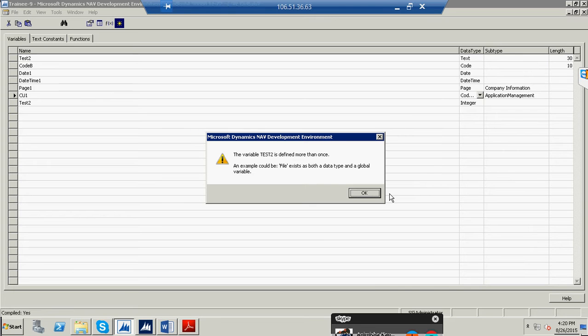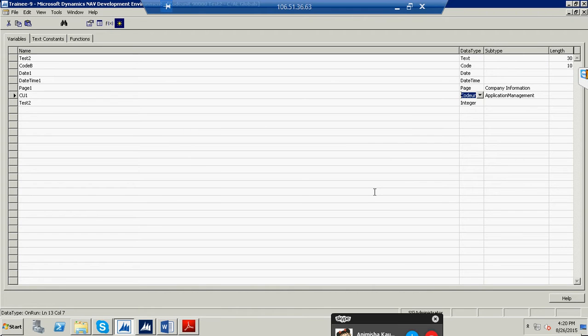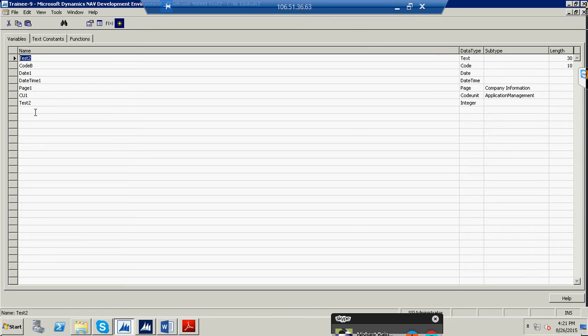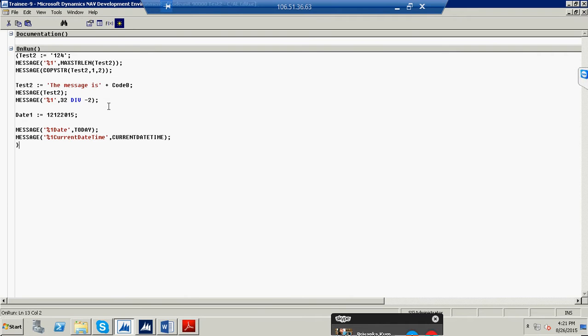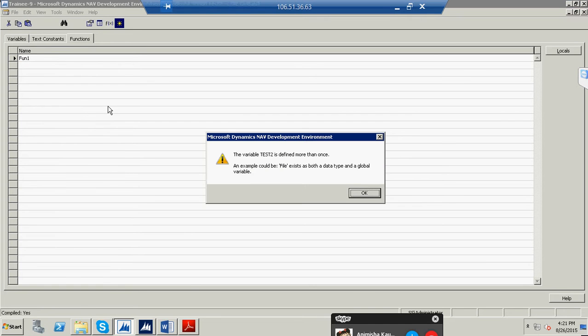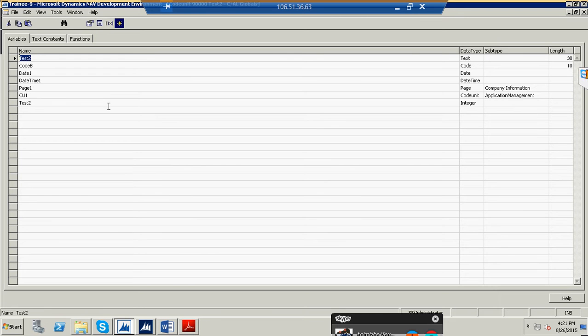If you remember, yesterday I told you about variable scope, and I said if I declare any variable in this window, in view and globals, and I define any value, then it means it's a global variable and it is available throughout this object. So if I use it, suppose right now I'm using it in run. If I create some function,